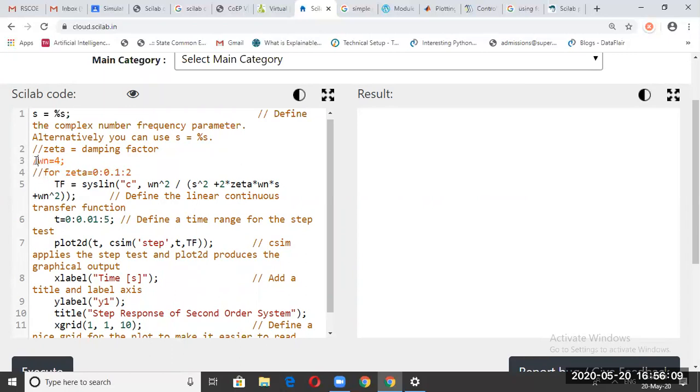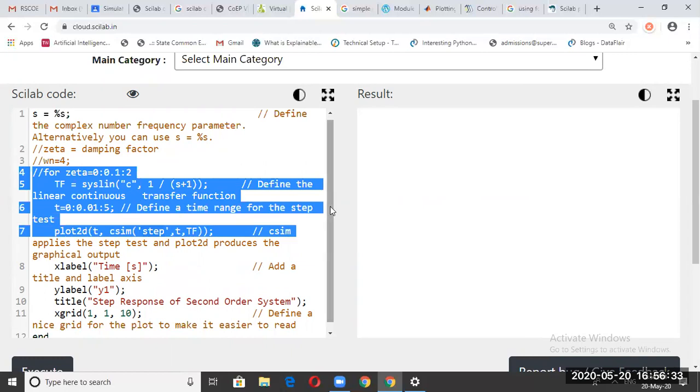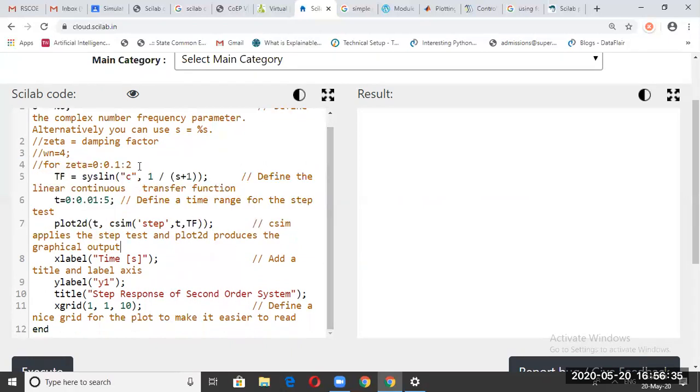You are going to simply make use of a very simple first order system, like 1 upon s plus 1 or so, any system which is of the first order, right? And you can simulate the step response for the same. So this is the first order step response, right? And let us see how it will look. I will remove the end statement also. There is no for loop required here.